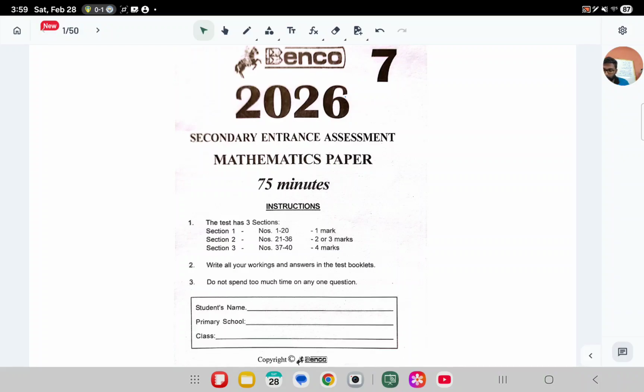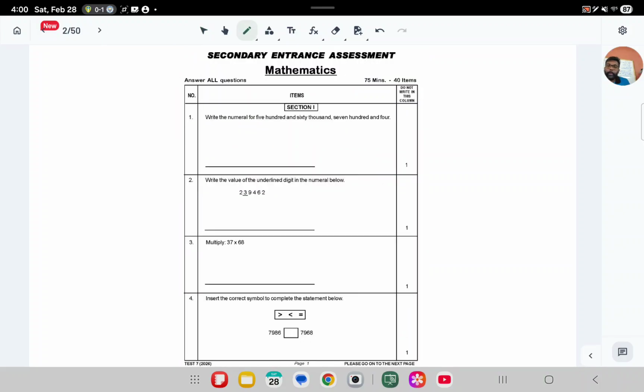Alright, so today we're looking at the Benco 2026, the 7, section 1 we're starting with. So we're jumping right into it. Number 1, write the numeral for